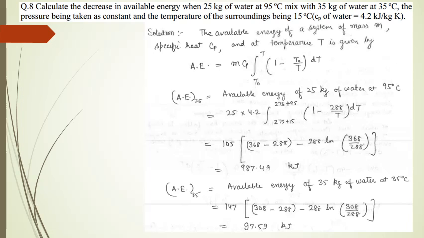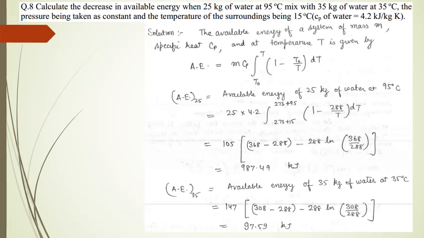Calculate the decrease in available energy when 25 kilogram of water at 95 degrees Celsius is mixed with 35 kilogram of water at 35 degrees Celsius, the pressure being taken as constant and the temperature of the surroundings being 15 degrees Celsius. The specific heat of water at constant pressure, that is Cp, has to be taken as 4.2 kilojoule per kg